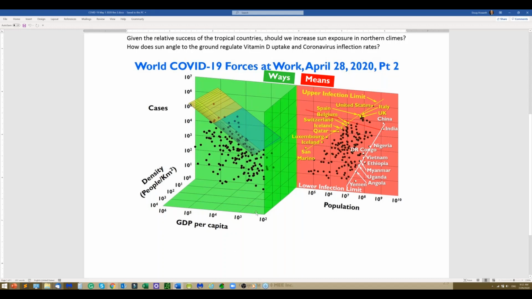Interestingly, it went up with GDP at the beginning, we think, because of the effect of wealthier people being able to move from country to country. And then here, this is Iceland, this is Ireland right here. We discovered there was an upper infection limit to COVID at the beginning, and that there was a lower infection limit here. So it might have been a function of how many tests were being run, but there was actually an upper and lower boundary to the